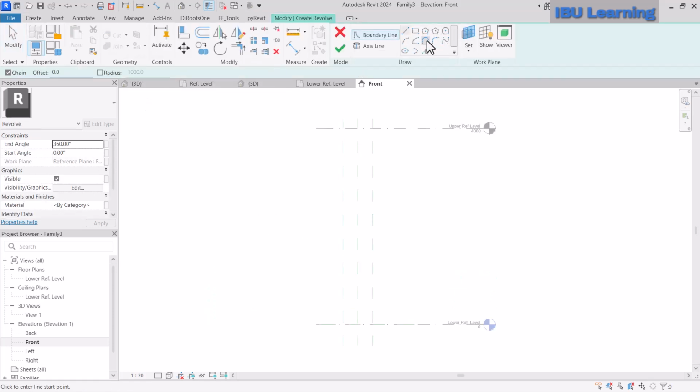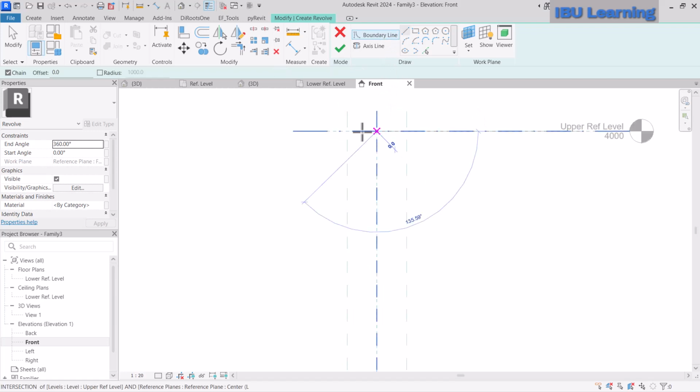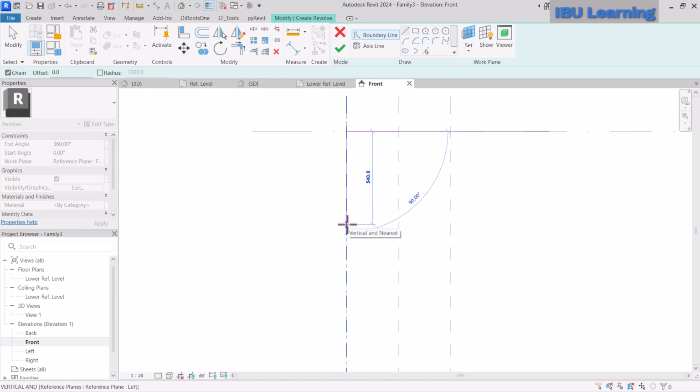Okay, and then here I'm just going to pick line, center line, and just draw something. You can see that 300, I can make it 200, I can give some slope,